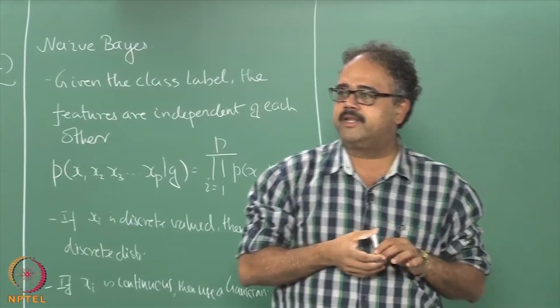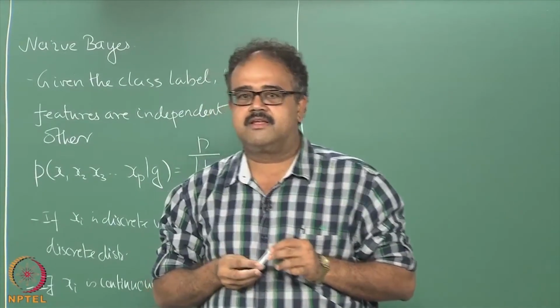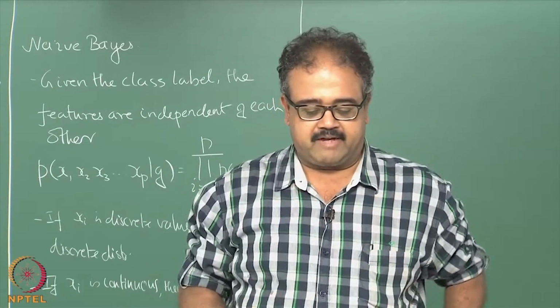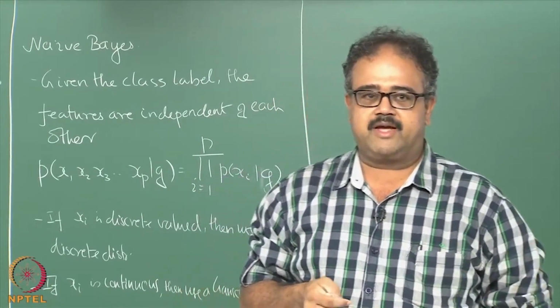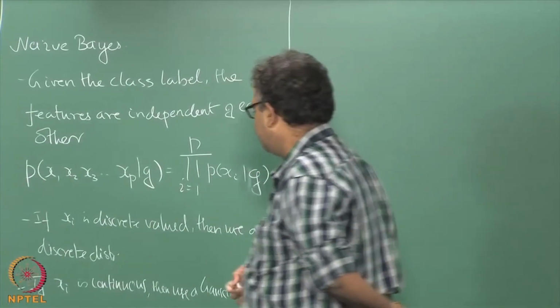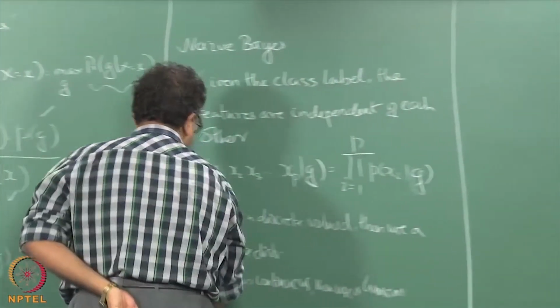So how do you bin your input variables? There are many ways in which you can bin input variables, and there you have to keep coming up with cleverer tricks depending on the application you have, and so on and so forth. It's actually not trivial, right, and you could do that, but